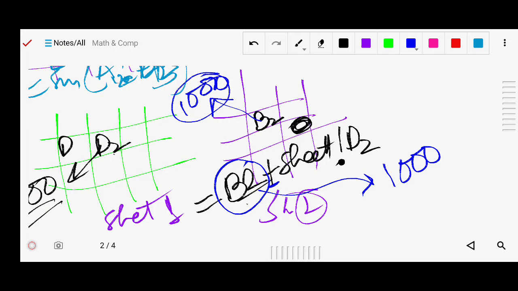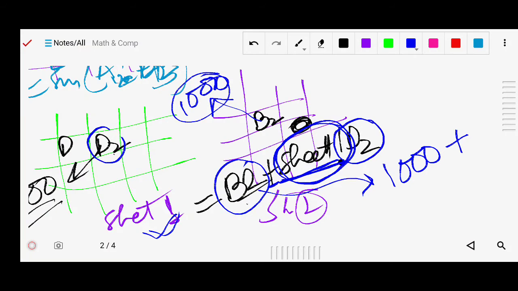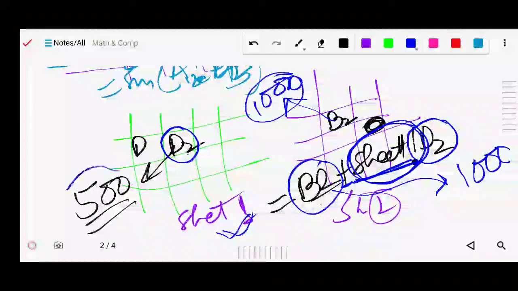Now there is a plus sign. Next, Sheet1 exclamation mark means we are referencing Sheet1. So where is Sheet1? Here is Sheet1. In Sheet1 you have to check D2. Where is D2? Here is D2 in Sheet1. Find D2, and what is the value of D2? 500.